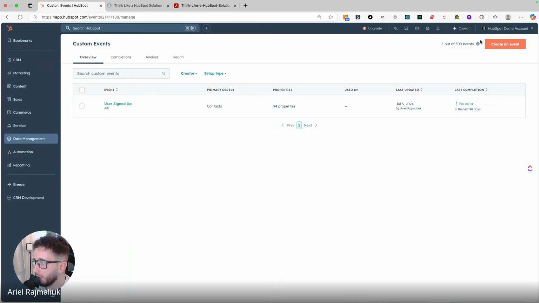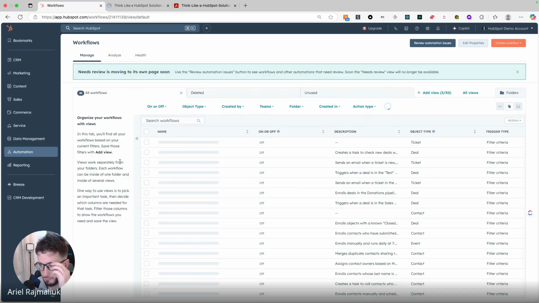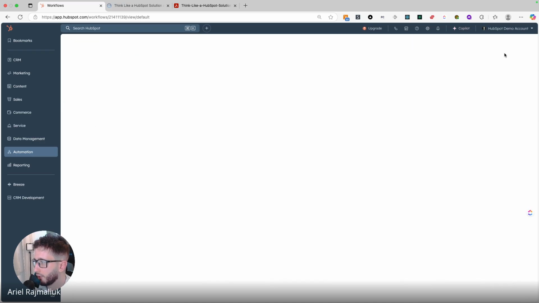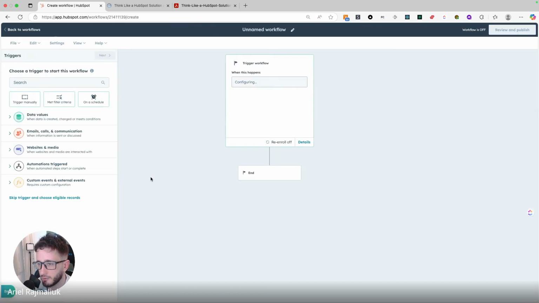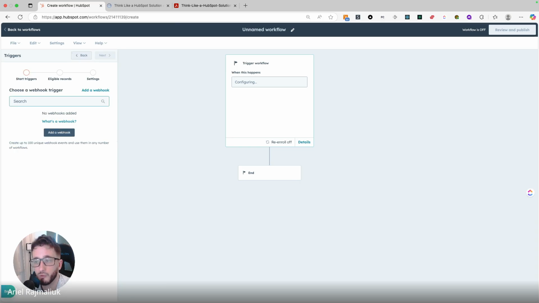If you are in, let me go to automations. Let's create a new one. Let's go from scratch. Okay, and here custom events. You see, so you can have this when you receive a webhook.